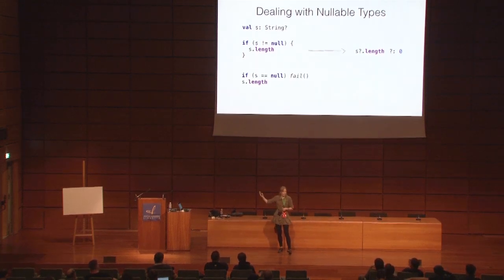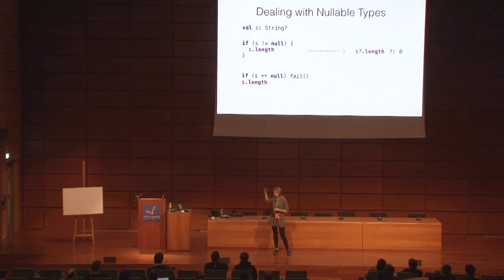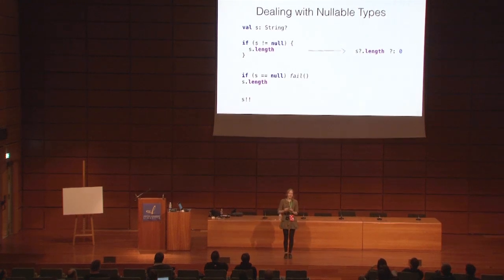So you can check explicitly if the reference is null, and then if it's null, for example, fail or return. It's a very regular pattern in Java code. And after that, the compiler allows you to dereference this value. And of course, you can dereference it explicitly. You can say, throw null pointer exception if it's null.